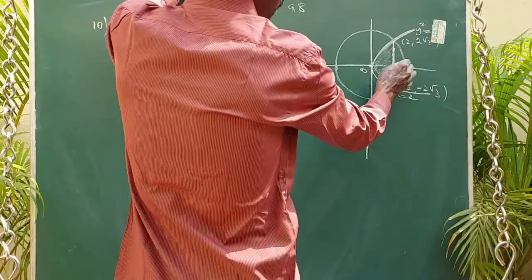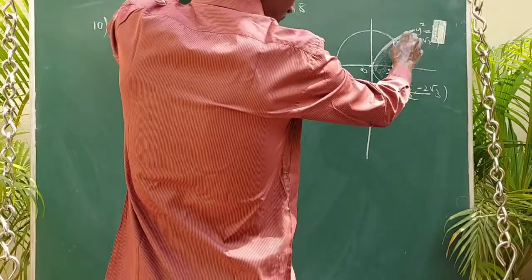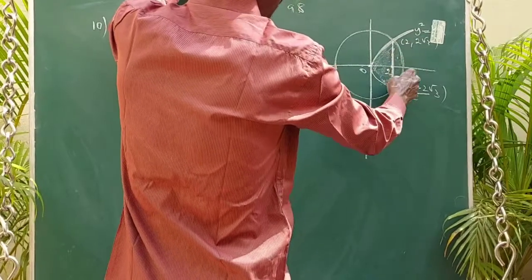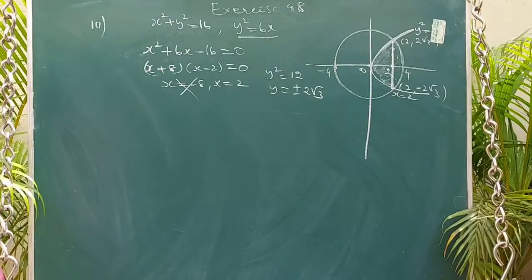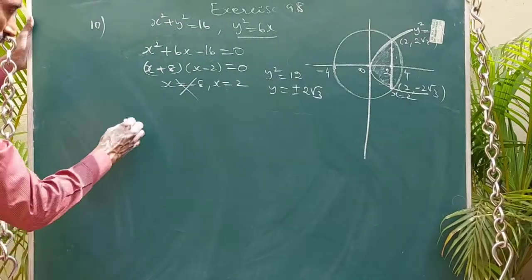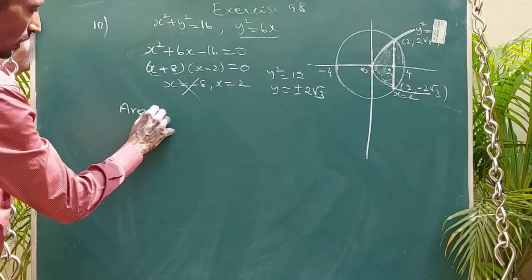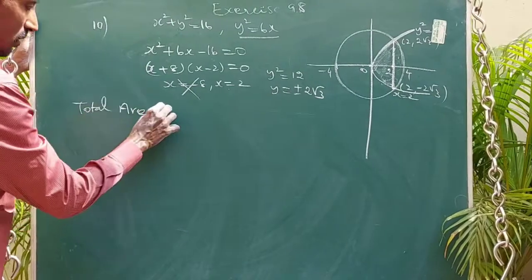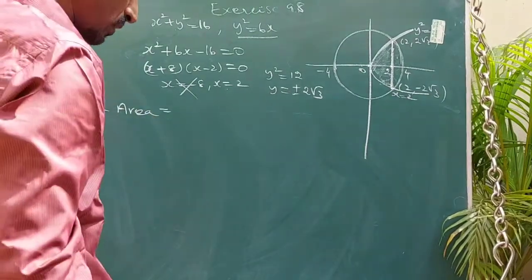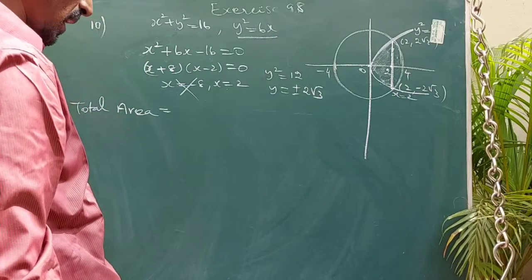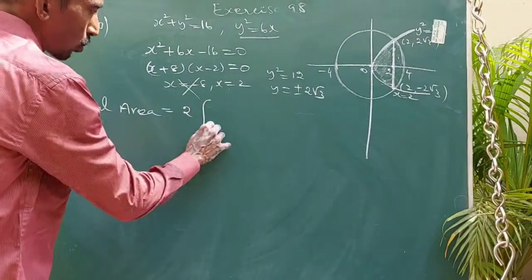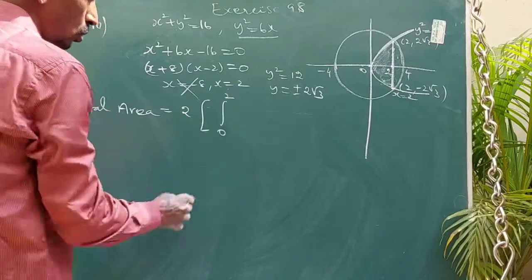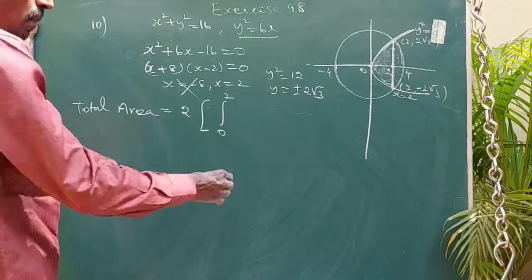Similarly, between 2 to 4, area by the circle, again in the first quadrant, and multiply 2 times. If we sum up both the things, we are getting the total area. Okay, so the total area is equal to 2 times the area that lies in the first quadrant. So 2 times both the things, 2 times integral 0 to 2 y dx, but the y is by